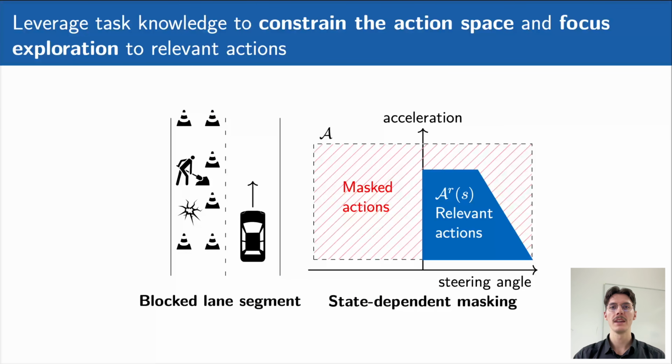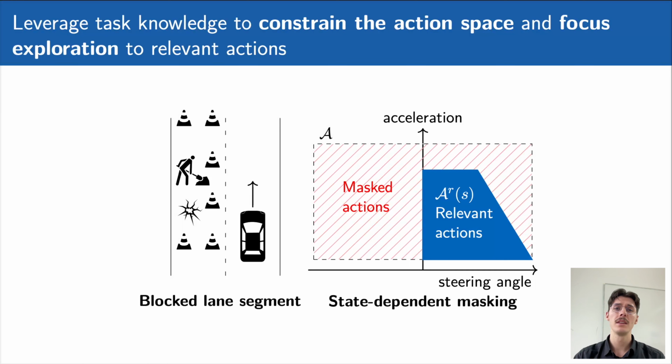In reinforcement learning, an agent often explores a vast action space, but not all actions are equally relevant in every situation. However, given a certain control task, we often have prior knowledge about actions that are potentially useless, unreasonable, or even dangerous. Consider the scenario for autonomous driving. The ego vehicle, controlled by the agent, drives past a construction site on the left. We know that steering to the left is potentially unsafe in this scenario and should therefore be avoided.